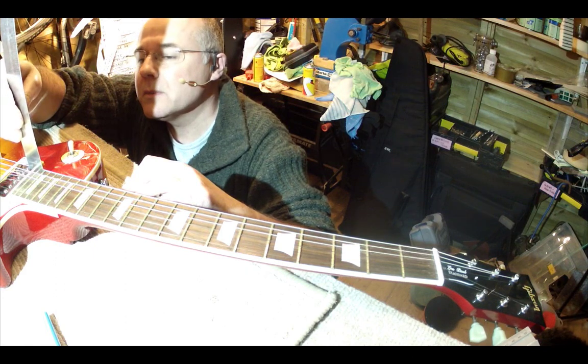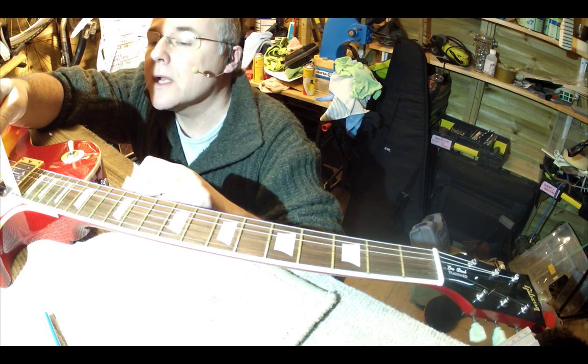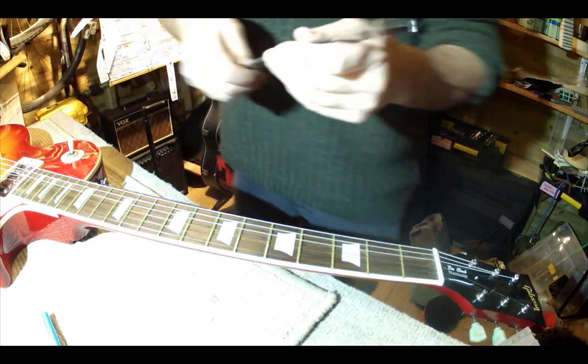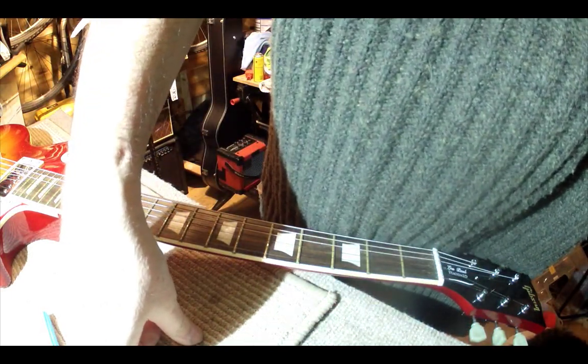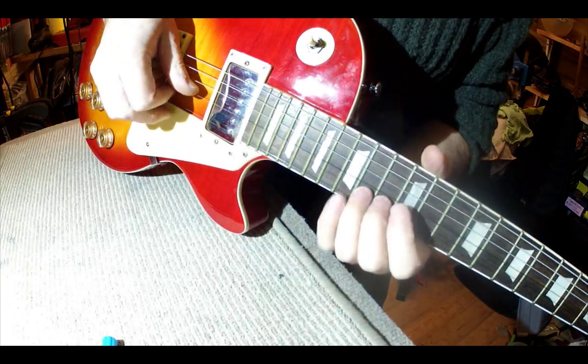Okay, so we're on the bass side. We're at about 2 millimeters on the 22nd, and on the treble side it's about the same, fairly even across. So 2 millimeters is not bad playing action actually, but what we don't know, of course, is how well the notes